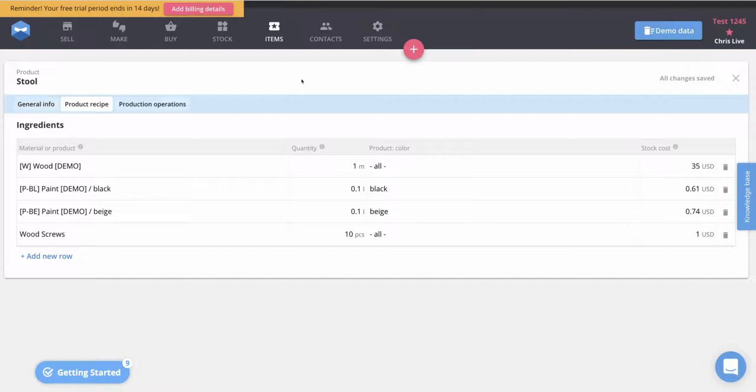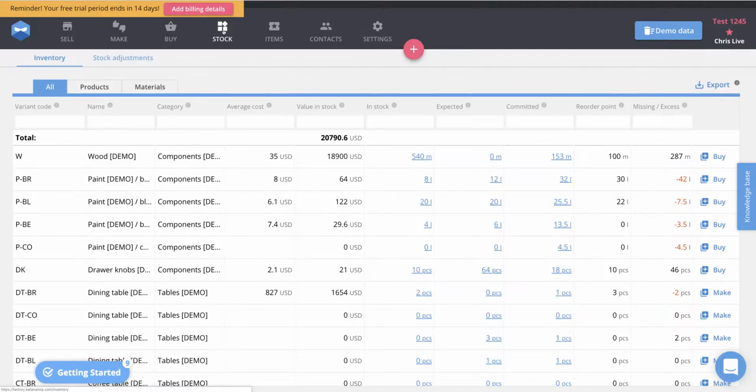So next thing we'll check out is, let's see how we're doing on our stock levels in order for us to make these products in our manufacturing system. So let's go to our stock page. Stock page is really quite useful. It has an enormous amount of information available that really is effective for companies that make to stock. So if you're a business that actually has certain inventory levels that you need to keep up to date on, the stock page that we offer gives the opportunity for the user to really know how much of a certain